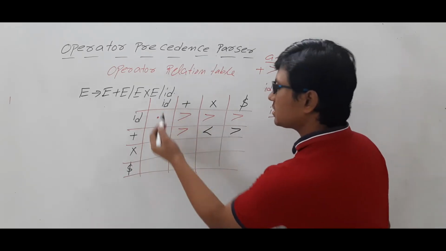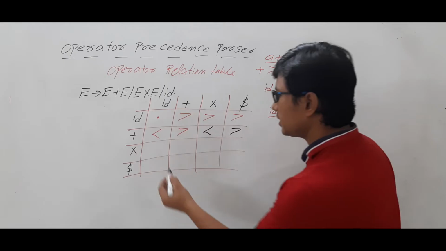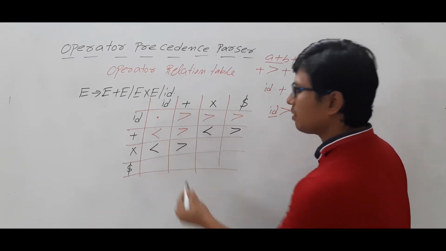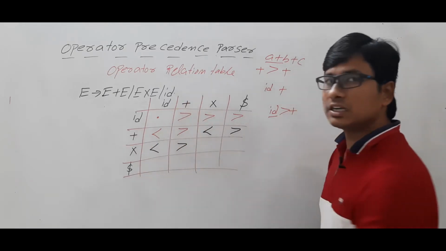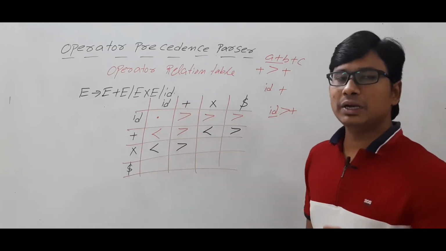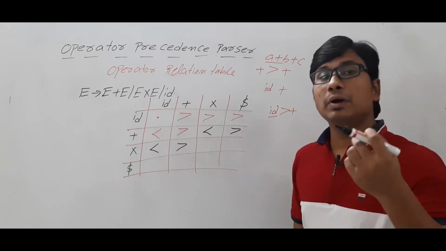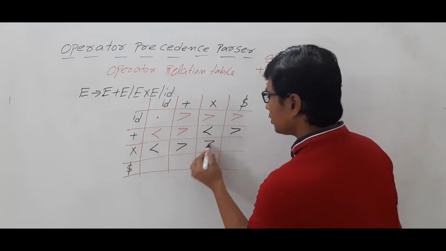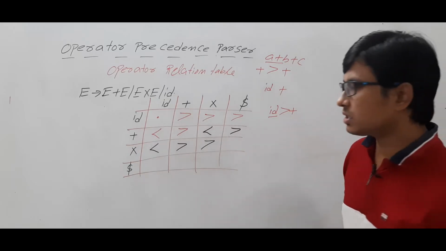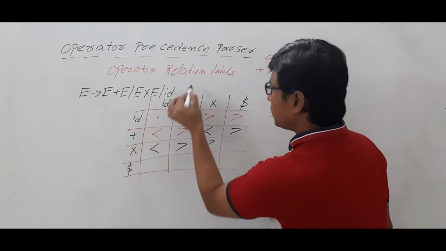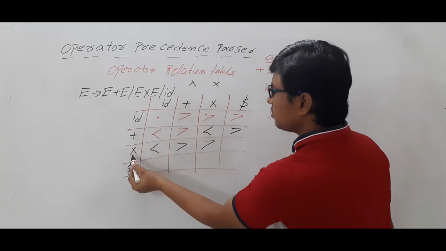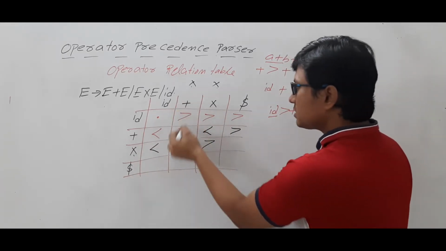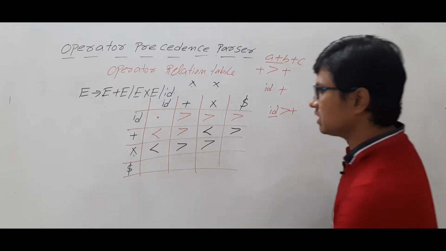Now multiplication and dollar, which one will have the highest priority? Multiplication. Multiplication and plus, multiplication will have the highest priority. Multiplication and multiplication: if you have two multiplications, the priority is the same, but what about the associativity? It is left associative, so I will give more importance to this one. Please always remember that when this multiplication and this multiplication come, first I write this one on the left hand side, then this one on the right hand side. If you consider the reverse order, then you will make a mistake.